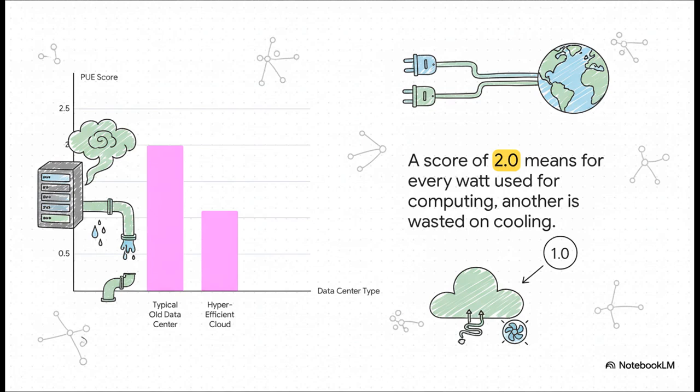And this really shows you what that means. A PUE of 2.0 is pretty bad. It means for every watt you use for computing, you're wasting another whole watt just on overhead, like cooling. A perfect score would be 1.0. The big cloud providers have gotten so good at this, they've engineered their data centers to run at a PUE of around 1.1. That is an insane level of efficiency that most companies could only dream of. And that efficiency saves them money, which in the end saves us money.